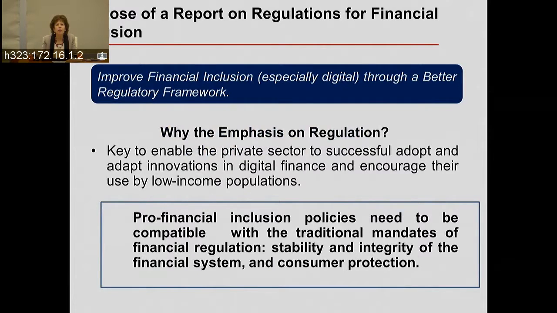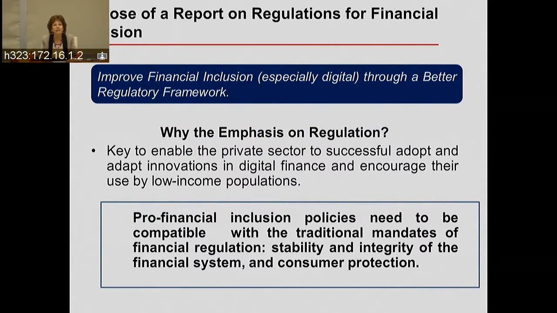So with the recent development of so many technologies and innovations, to be able to adopt and adapt those innovations, regulation is needed. At the same time, financial regulators face a constraint: they usually have traditional mandates. Their traditional mandates are financial stability, the integrity of the financial system, and consumer protection. So if we want to add financial inclusion into the menu that the regulators would like to implement, what are